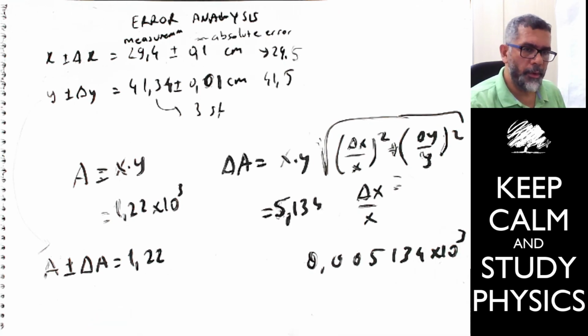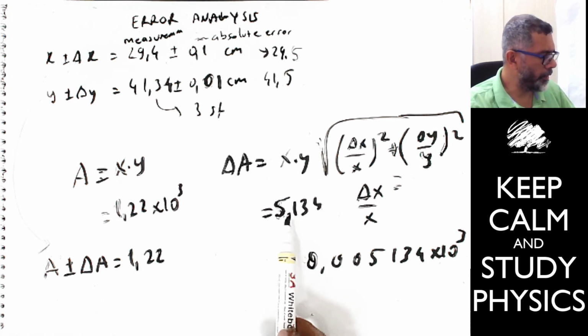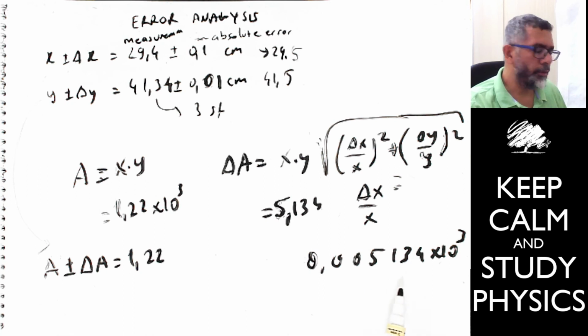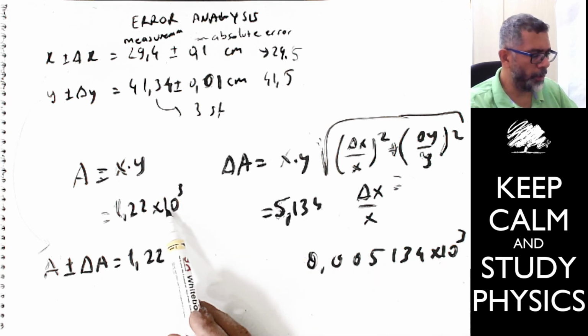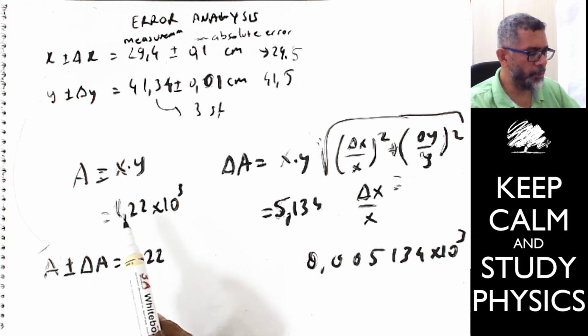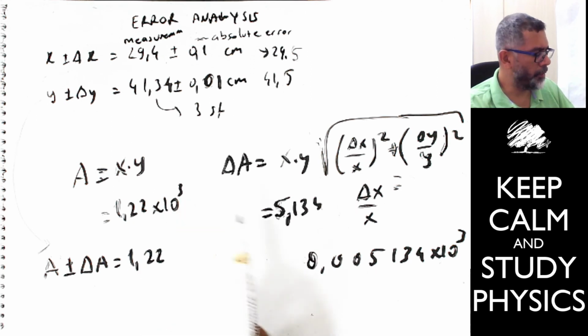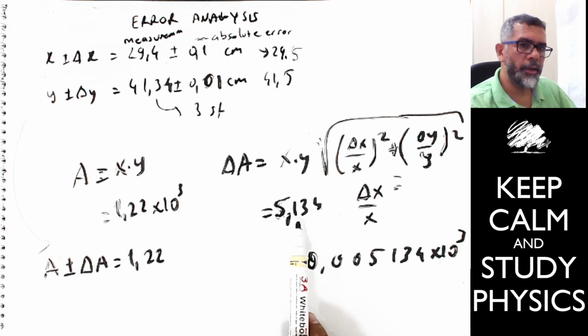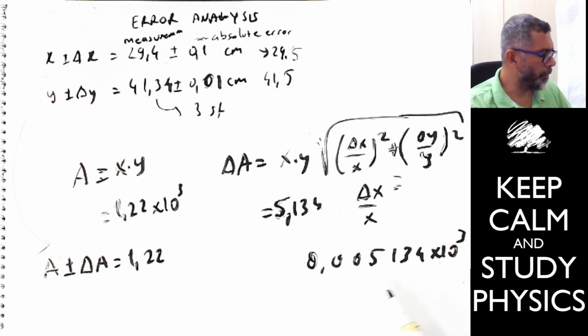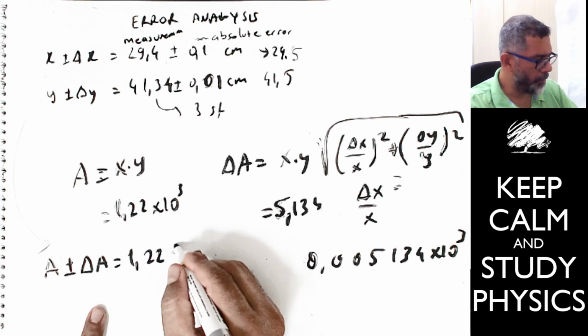One thing that I stated over is very important: this way of writing the number 5.134 as a power of 10 is not a proper scientific notation. We're not taking care of the rules of writing scientific notation over here. We're only trying to match the power of 10 for the error part to the power of 10 for the measured part. Because the power of 10 of the measured part is 10 to the power 3, that's why we need to write this result as 10 to the power of 3. So is that right? 1, 2, 3. Yes, this is right. So this is plus minus